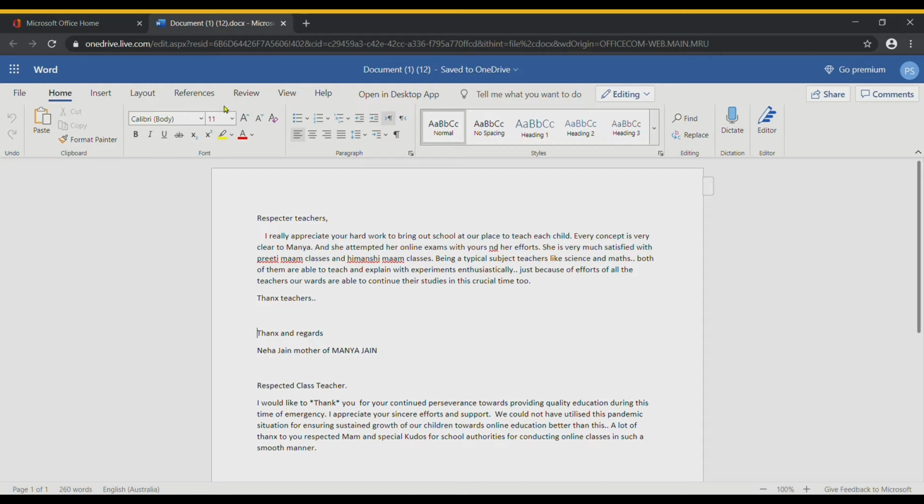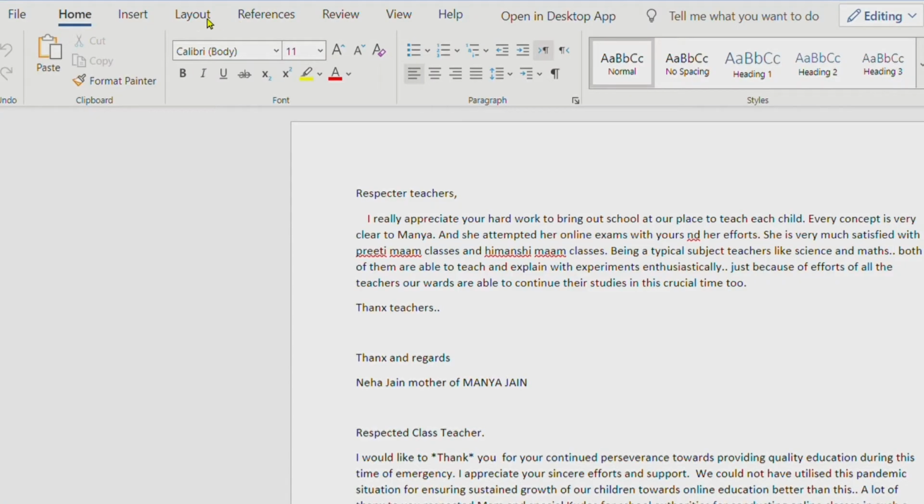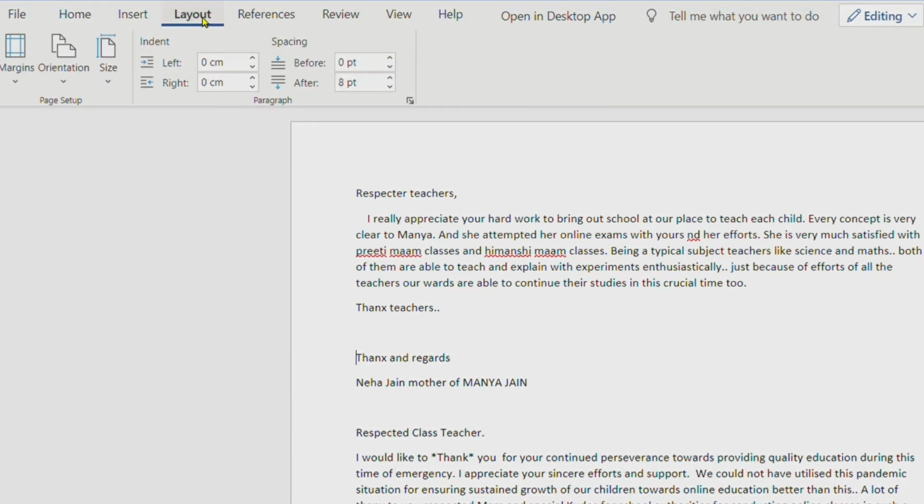So now children, let us see how to use the page layout tab to set these margins. So first of all children, we have to go to the page layout. This is the page layout. Fine. From here, let us select this. Fine. So you can see this tab is open now.